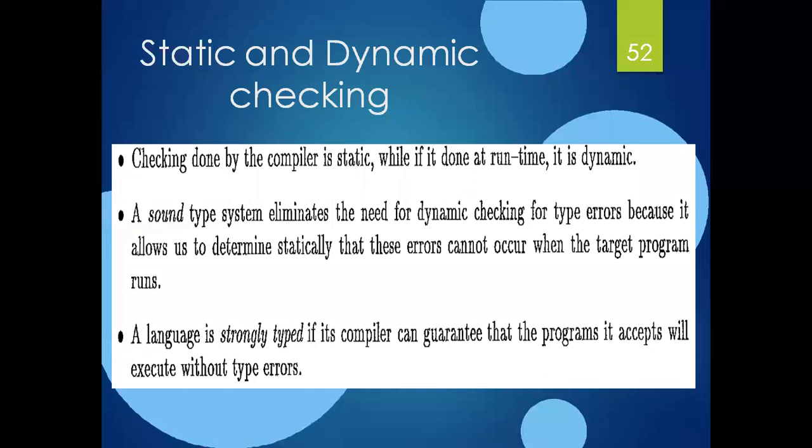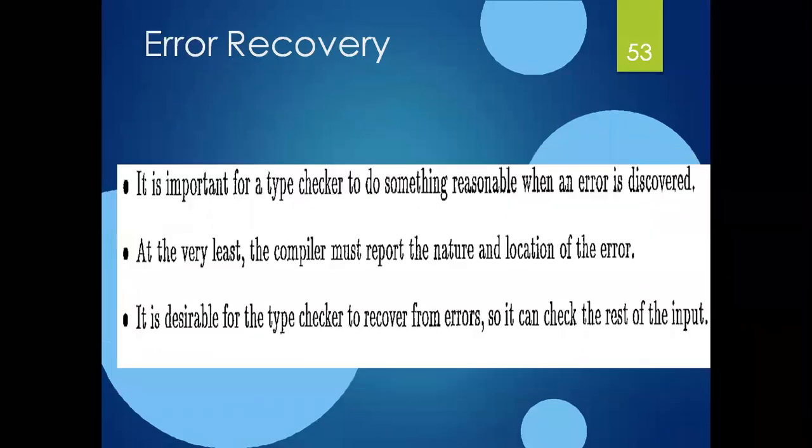If you know the meaning of static and dynamic, then you can easily understand. In checking done by the compiler, when I am performing compilation, I will get either an output or errors. Obviously I will get errors, right? When I'm performing at runtime, it will ask for the input, right? It will ask for the input. That's why it is a static check at compile time, and a dynamic check at runtime.